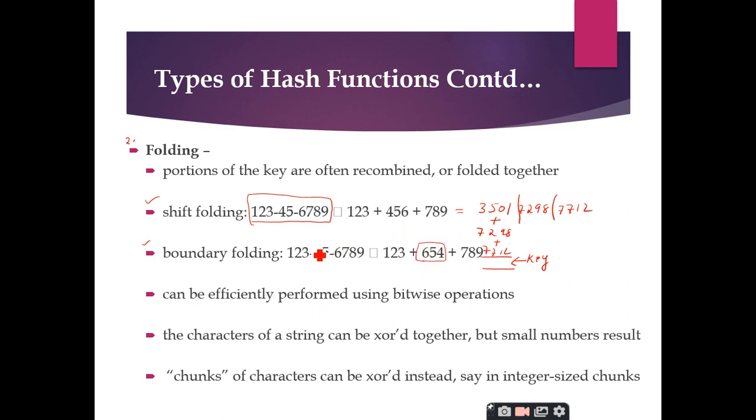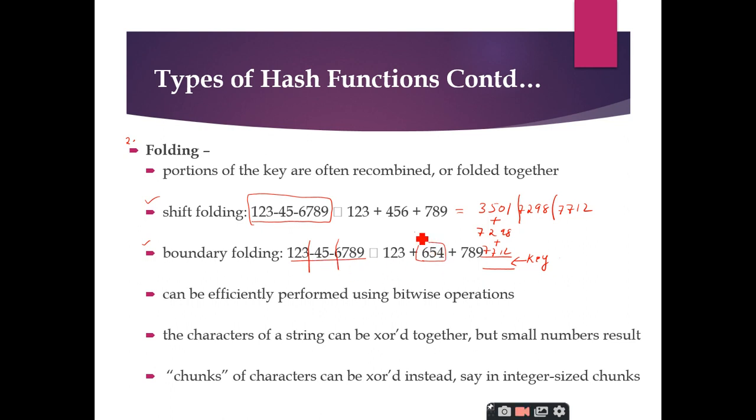For example, if you take this number, 1 2 3 is one part, 4 5 6 is another part, and 7 8 9 is another part. What I have done in this example is, I have taken the first part 1 2 3 as it is, and the last part 7 8 9 as it is, and the middle part I am swapping. That means I am folding them, I am making the numbers swap, right?